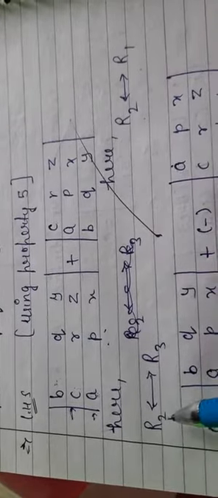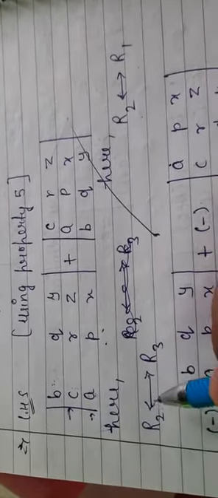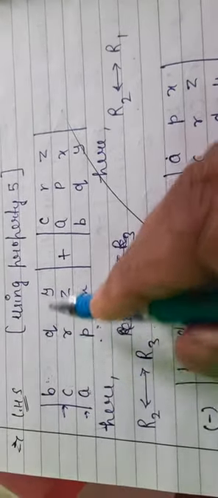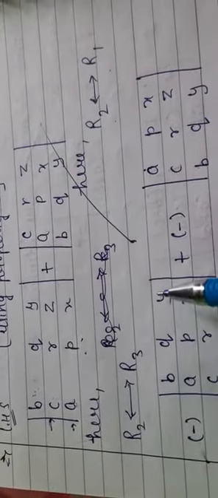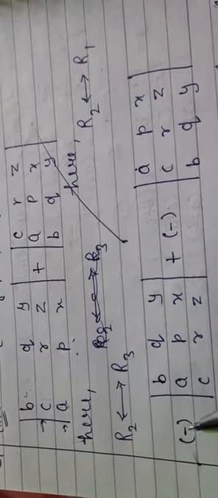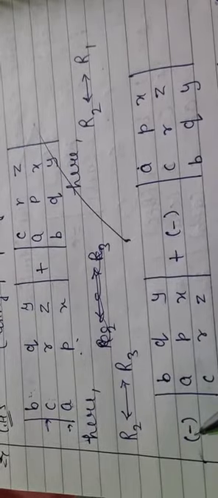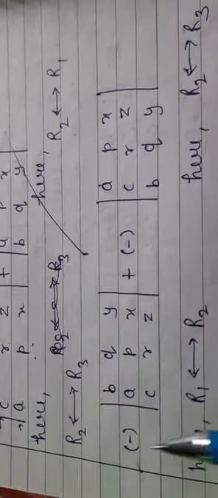So see this carefully, R2 and R3 we are interchanging, this is the symbol of interchanging. So R1 will remain the same, R1 is BQY, no change. Only this row will shift upper side, and this second row will shift downside. R2 and R3 we are interchanging, so APX will come upper side, and CRZ will come downside. And why this minus? We have seen that property in the basics: if any two rows or columns are interchanged, the sign of the determinant will change, clear? That's why this minus is coming outside.